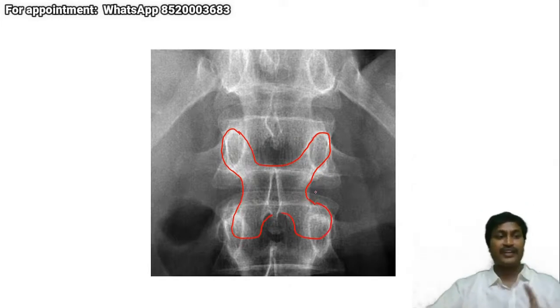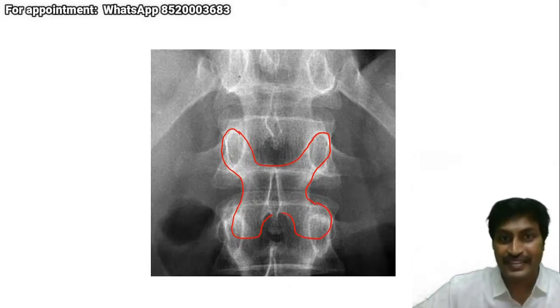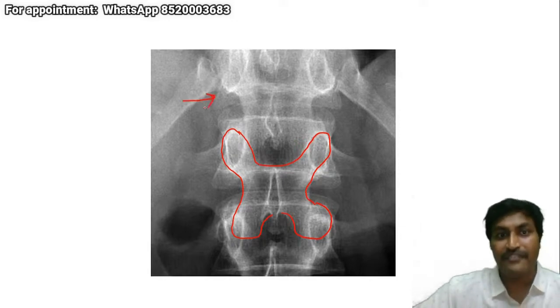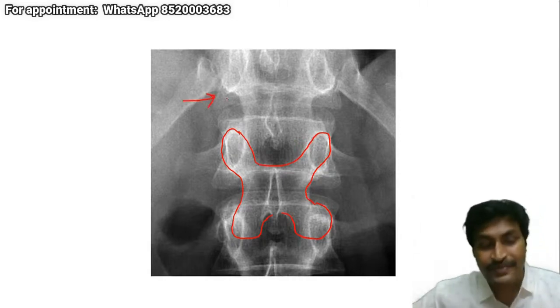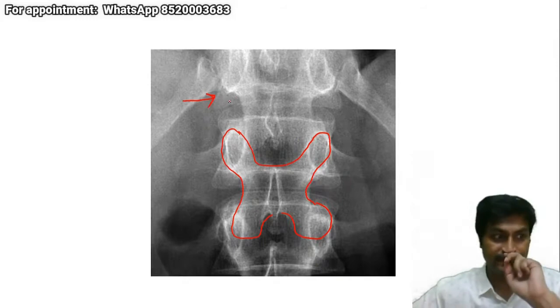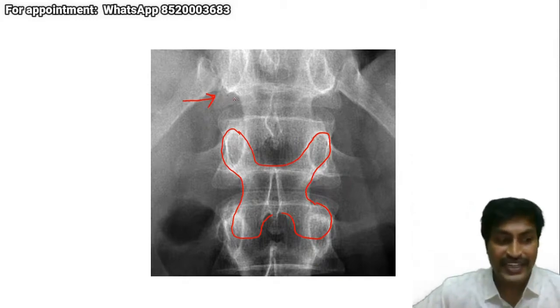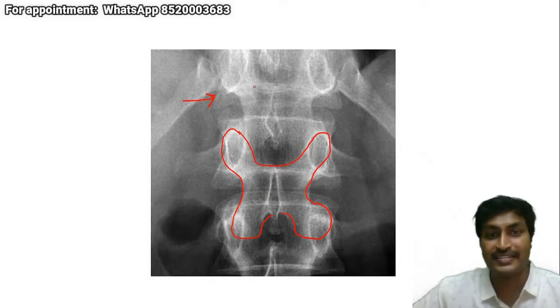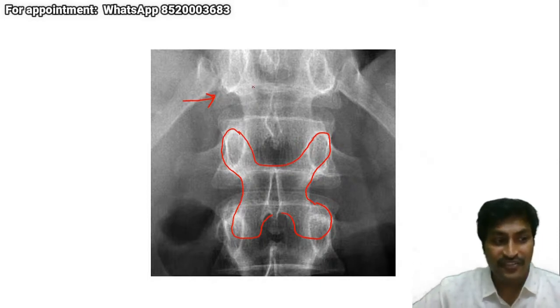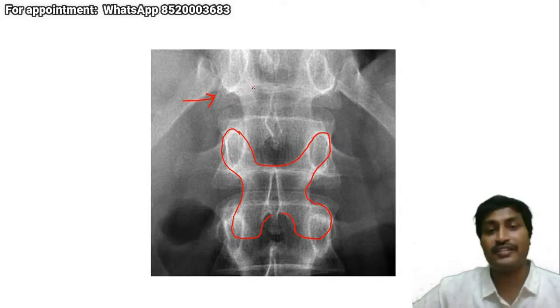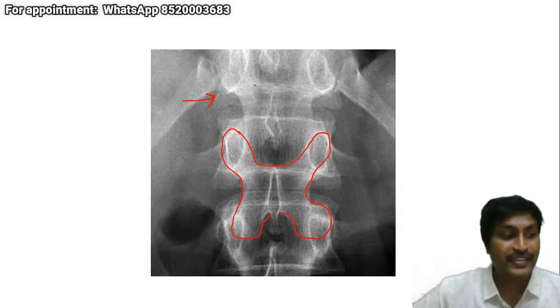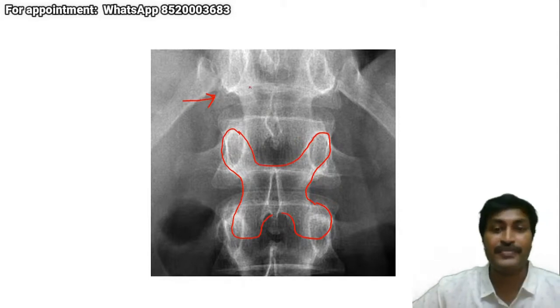I will give you 1 minute. At this level, every one of you draw this butterfly on your screen. I will wait for 30 seconds. After 30 seconds, I will draw on it. Just compare yourself whether you are right or wrong and give me a reply in the chat whether you were able to identify this butterfly or not.